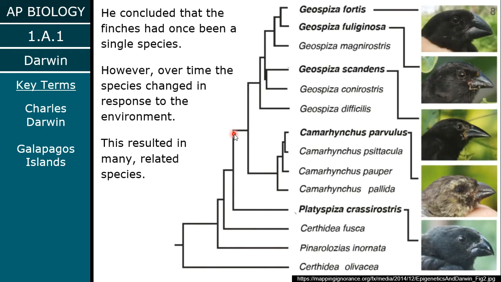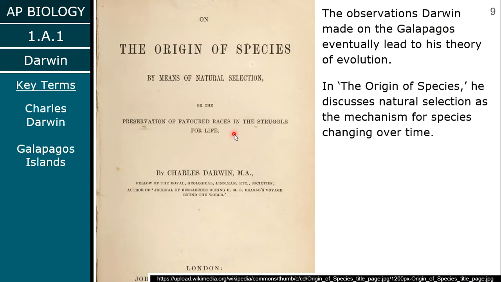And so Darwin, much, much later, not during his trip, started thinking about this more and more after his trip, and he eventually concluded that the finches must have come from one original species. Over time, that species changed as the environment changed, and thus we got a bunch of different species across a bunch of different islands. This was his hypothesis, and he published it in a work called The